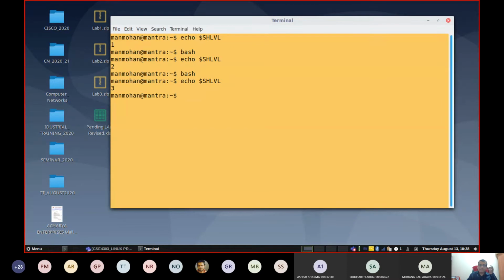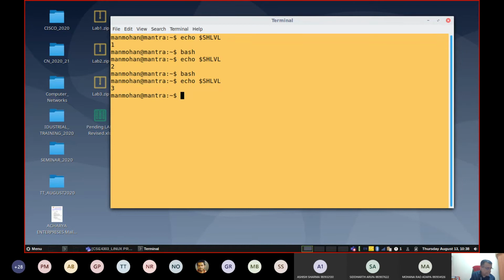This is one more command. Actually, this is called process control. First of all, bash was working. That bash program calls one more bash, and that time it says the shell level is 2. Again, I am executing a new bash within that bash. Once again, I am executing the same program recursively. Then it says this is the third execution, and so on. Anyway, this is about the commands, date, etc.